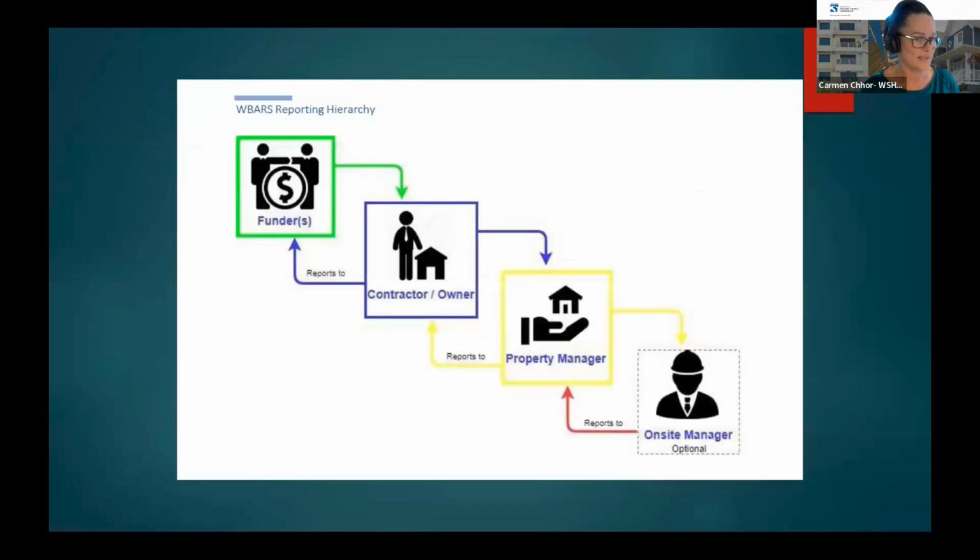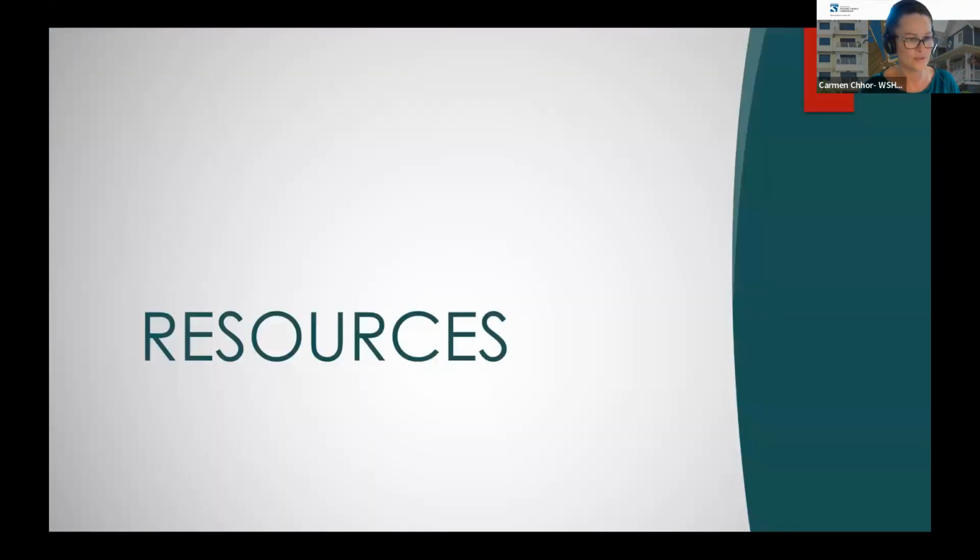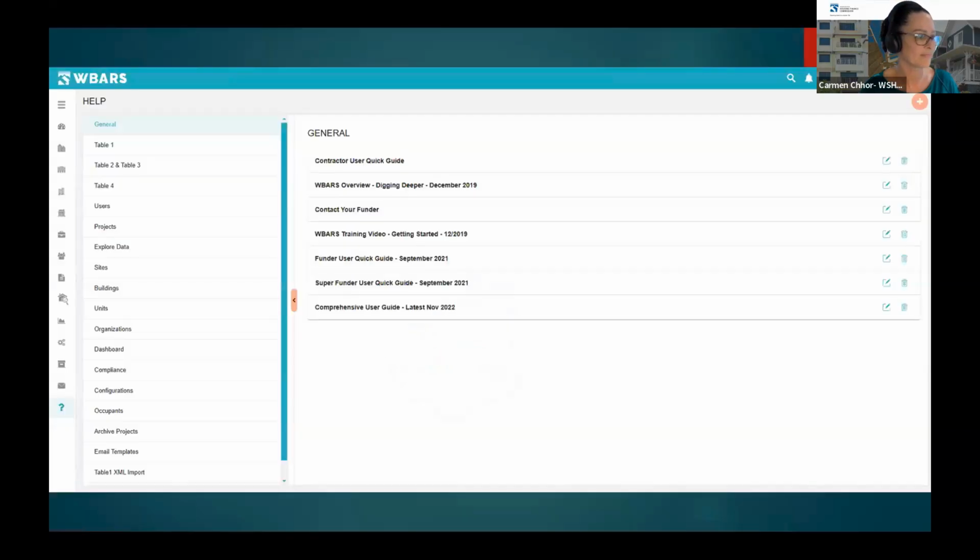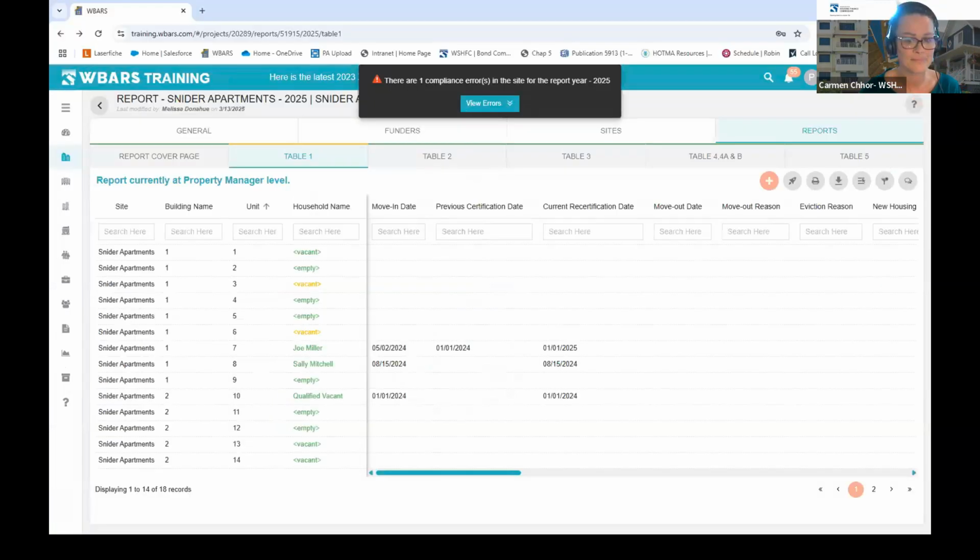So the last thing that I want to talk about is resources. I know I gave you guys a lot of information here. For the ones that have never used this before, it's probably a lot of jumping around, but don't fear. If you go into WBARS, there's actually a user guide that is going to show you how to do these steps too. I'm actually going to get out of my slide here